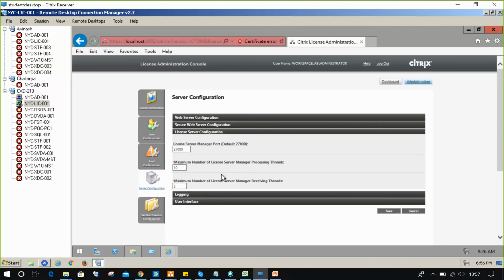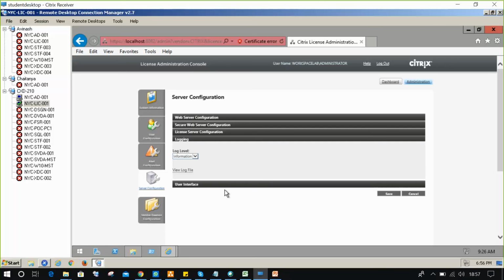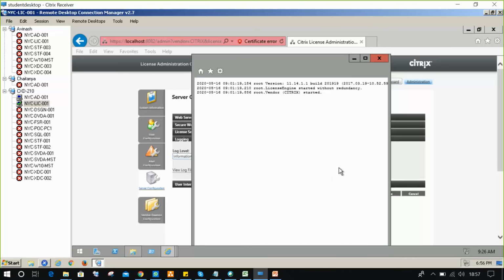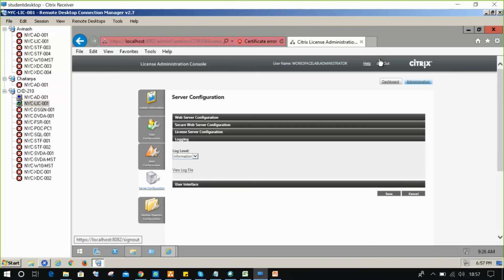Next, logging. Logging means today I am logging into the license server manager. I just want to be notified whether the user is logged in or not. These logging logs will be generated. Tomorrow, after some time, I might get some issue on the license server. I want to know who modified some settings on the license server. How can I check that? With the help of logging.